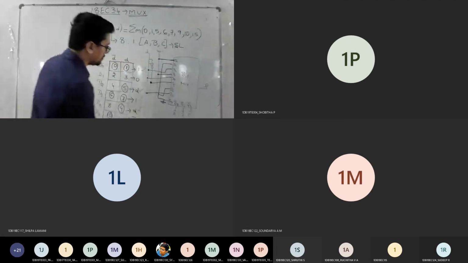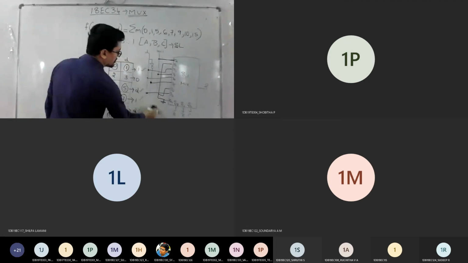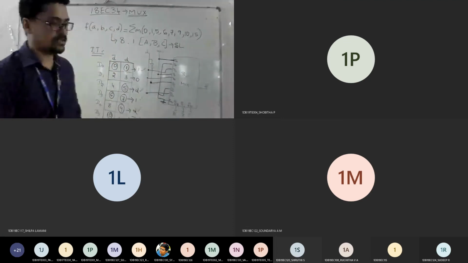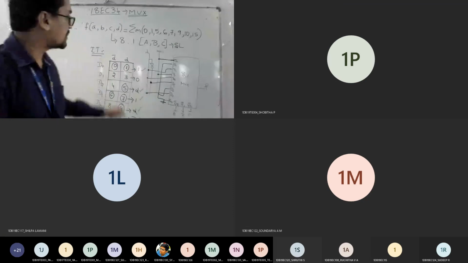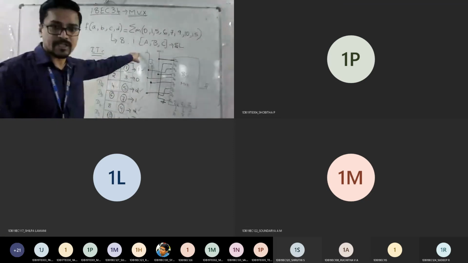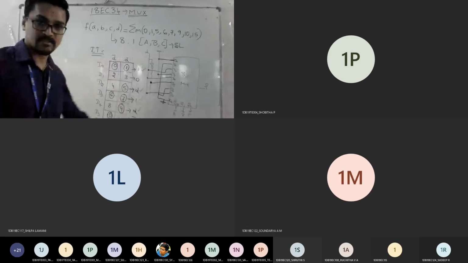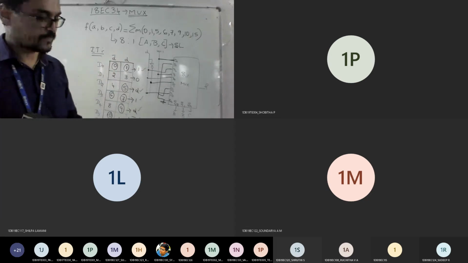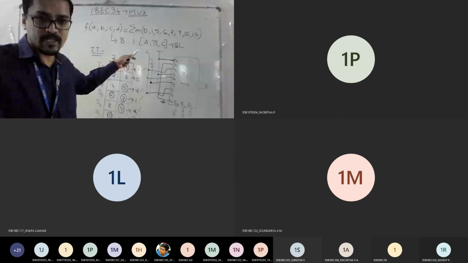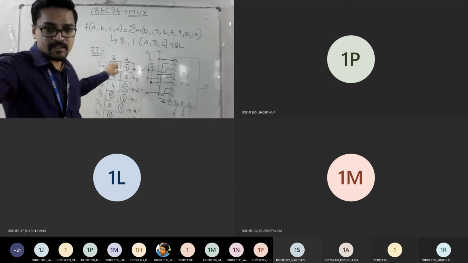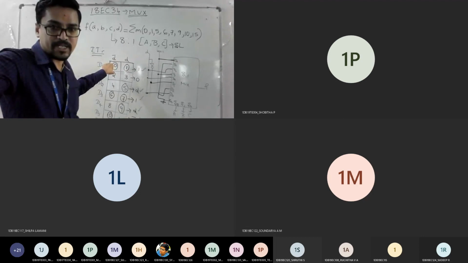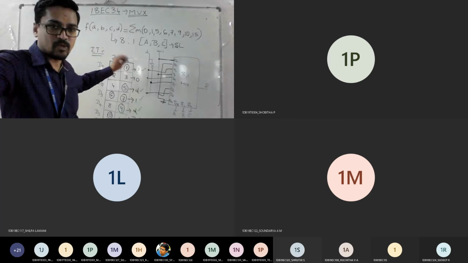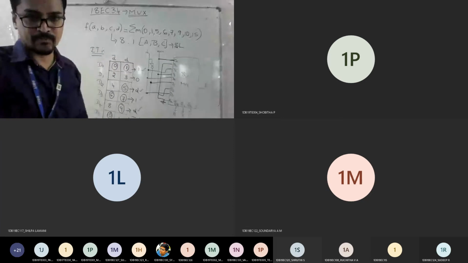So is it fine to everyone now? You got the logic of how you should implement your 8:1 mux if selection pins are given in the question. Only this changes. If you know this, then you can solve the problems easily. So you should have awareness. If they didn't give selection pins, then this type of implementation table is not required. We'll go back to the normal one.